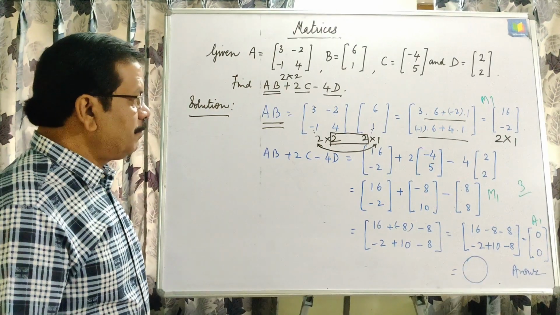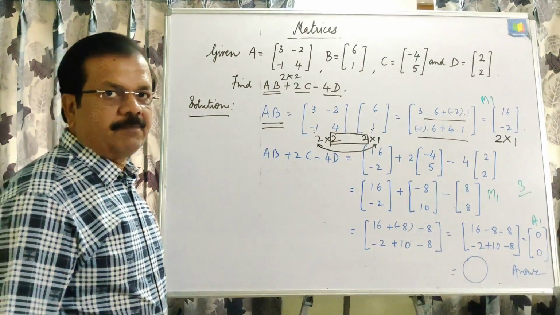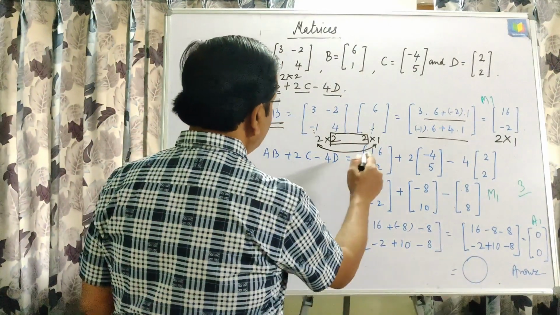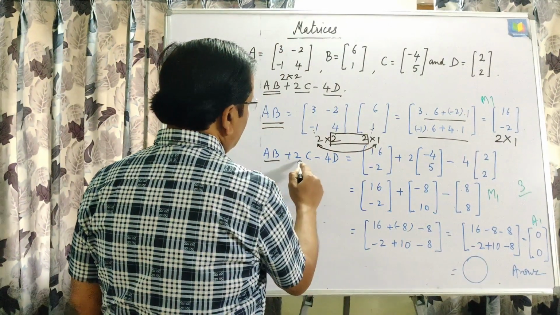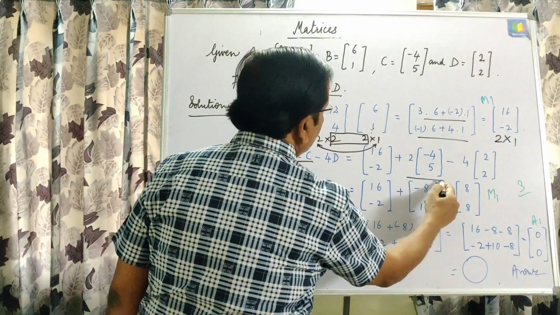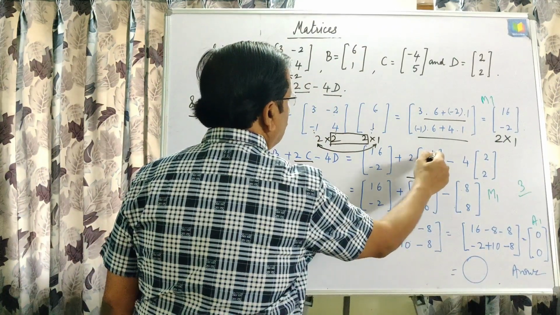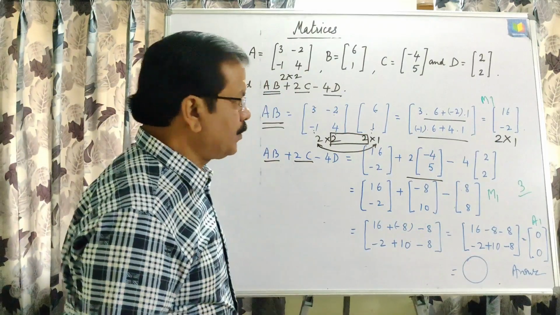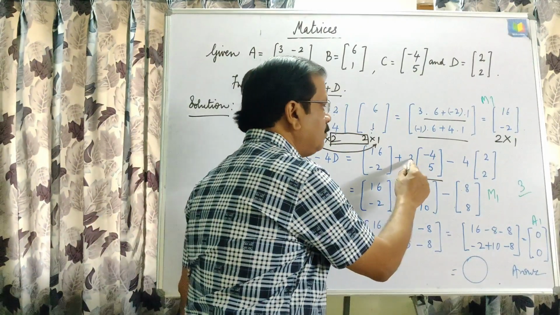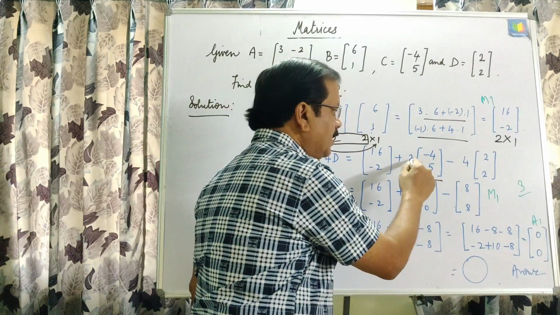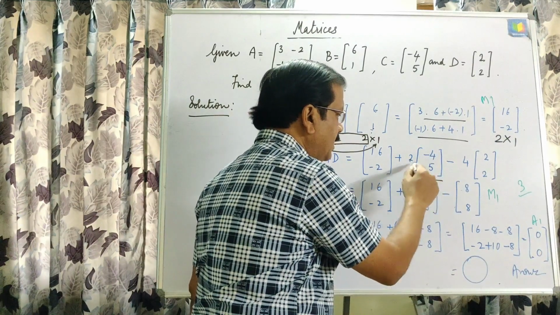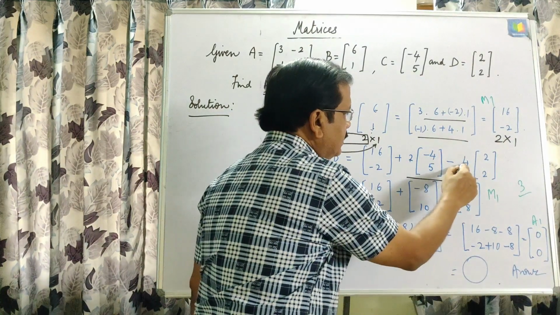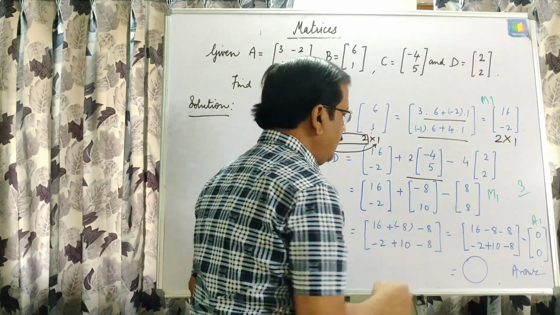Okay, we will multiply for the other matrices also. And then here AB plus 2C means scalar multiplication of this number to this. As I told you in the last question, once you multiply by scalar number, each element will be multiplied, that is 2, minus 8 and this is 10. And in the same way 4 2s are 8, 4 2s are 8.